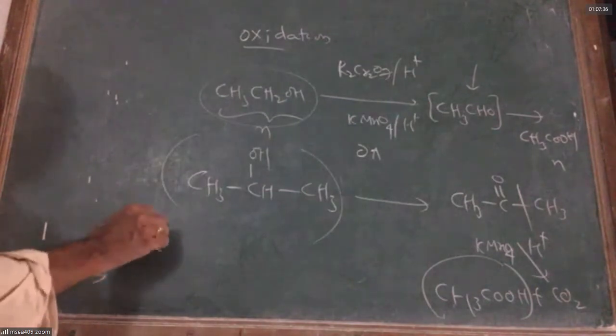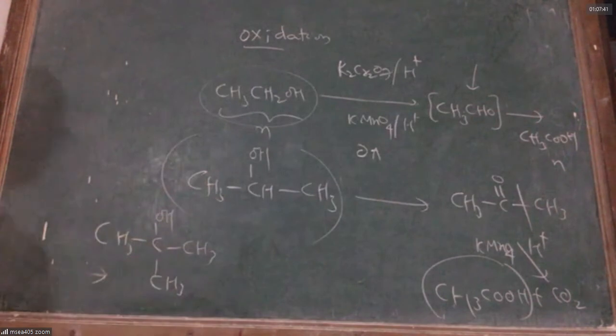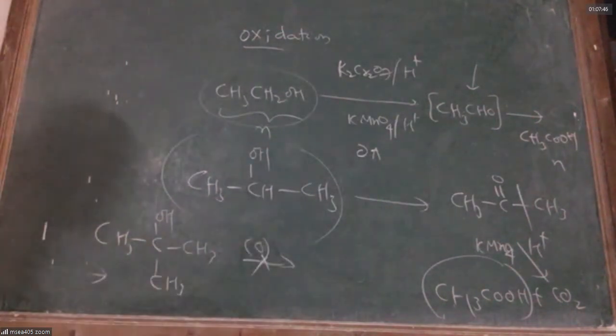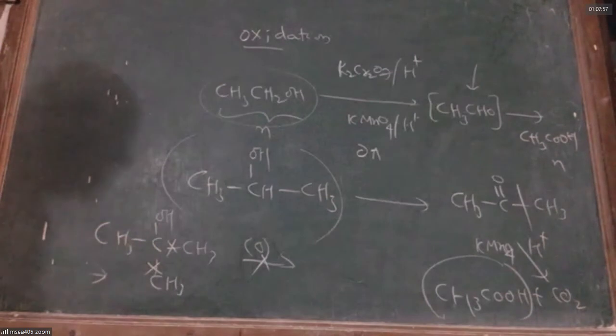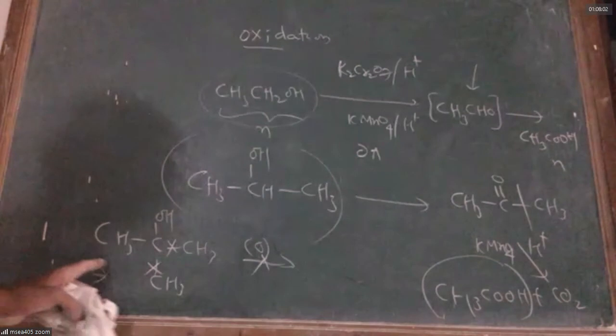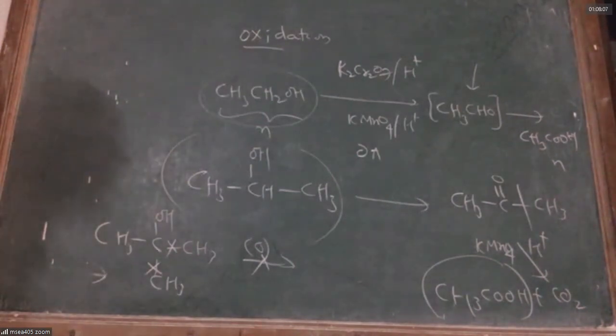Tertiary alcohol is not at all interested in oxidation. If you force the oxidation by using concentrated permanganate solution and sulfuric acid and boil, then there is a rupture of bonds and a mixture of products is obtained. So tertiary alcohols are not interested in oxidation easily. Are we clear about this idea?